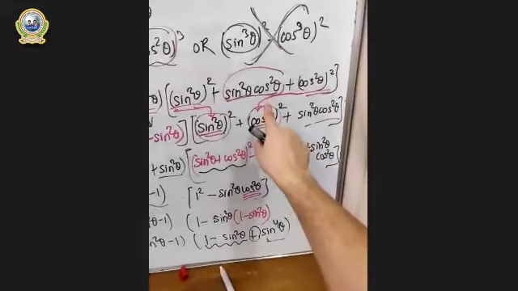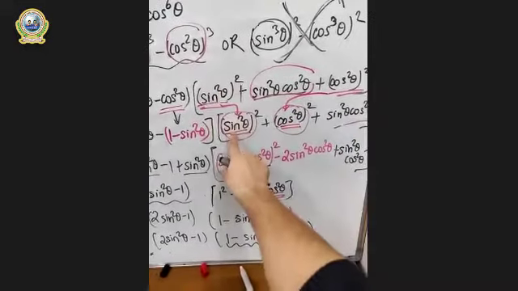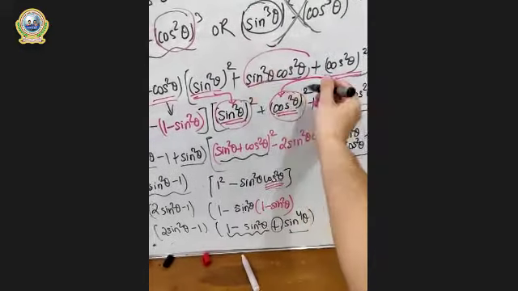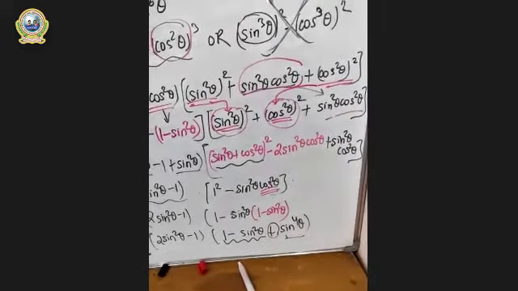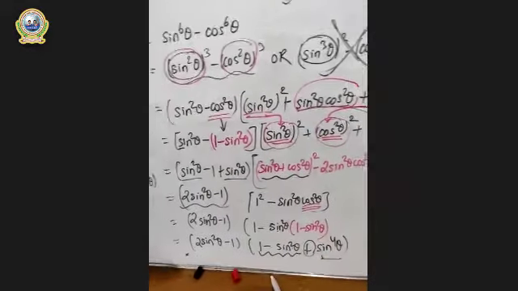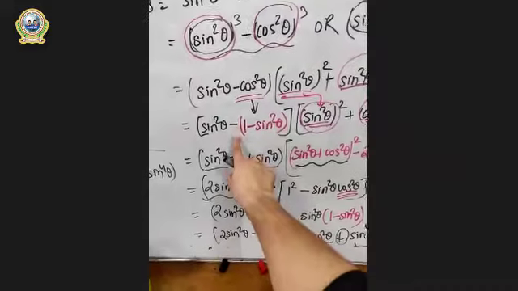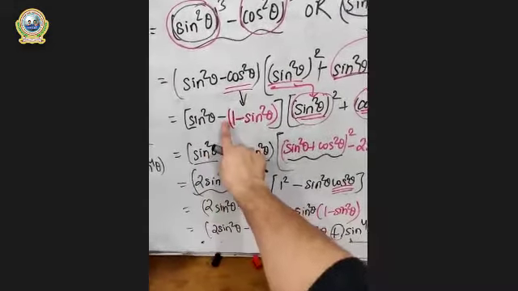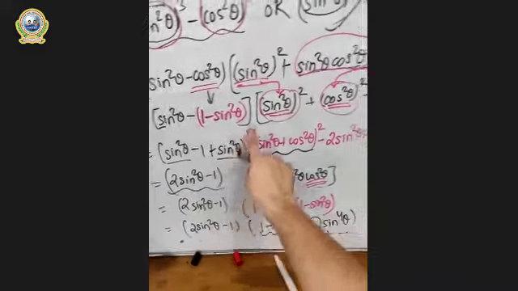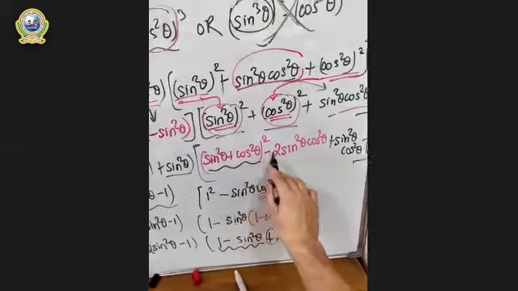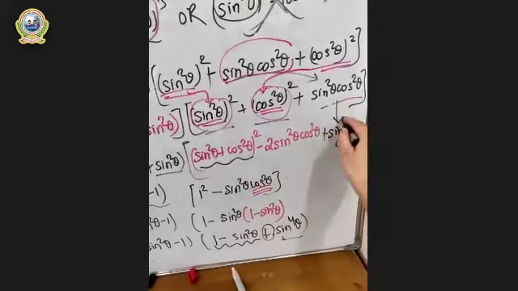And in this part, what we have done is sine square is here as it is, and this third part has been brought in the middle part, and the middle part has been taken to the last part, so that we can perform a square minus b square over here. And the next part is we have opened the bracket by minus sign. It will be sine square theta minus 1, and minus minus will be plus sine square theta. And look at here, a square plus b square will be a plus b whole square minus 2ab, and this has been copied as it is.